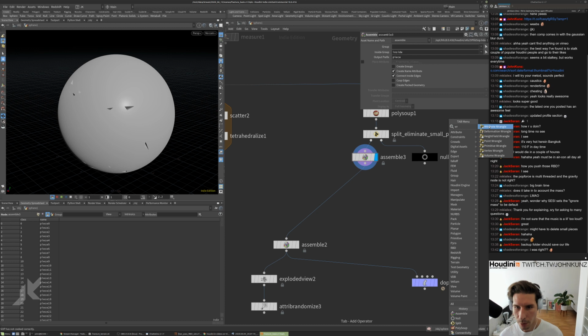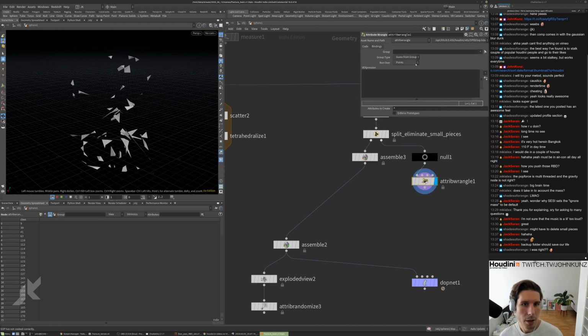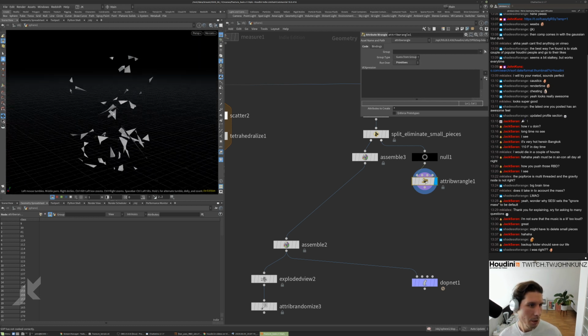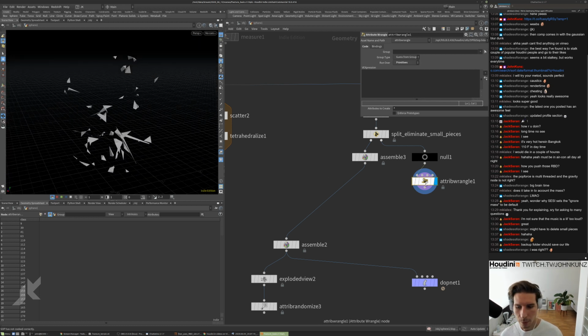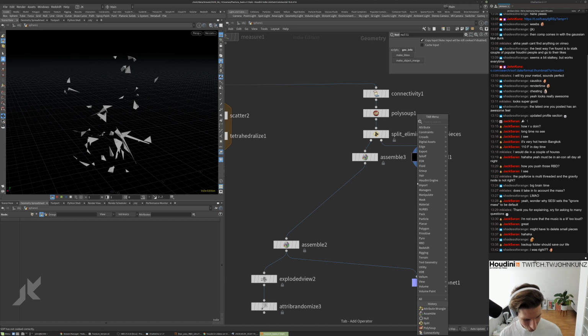What I can do with these extra chunks over here, we can do a wrangle and we can run it over primitive, or we can skip that. Don't need to do code just yet. So we'll just do